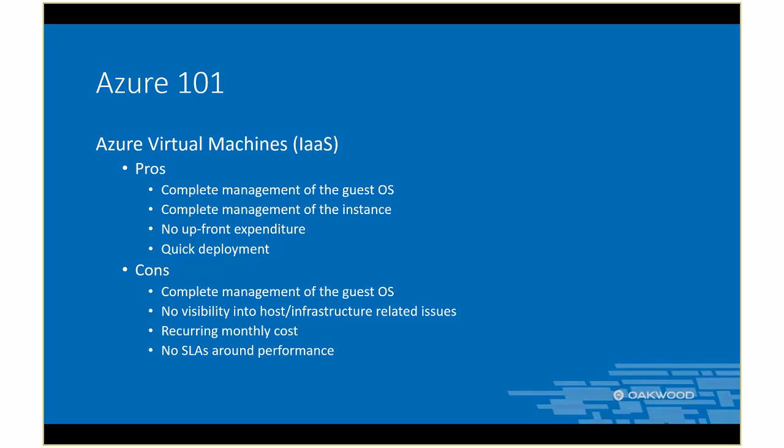And another con, I should have probably footnoted this one: there are no SLAs around performance. That changes a little bit with the addition of premium storage. You actually do get some performance metrics around that now. So it used to be you had SLAs around uptime and availability, but not around performance. So they're moving a little bit more away from that and getting more into focusing on giving you